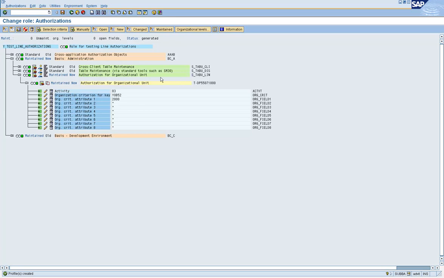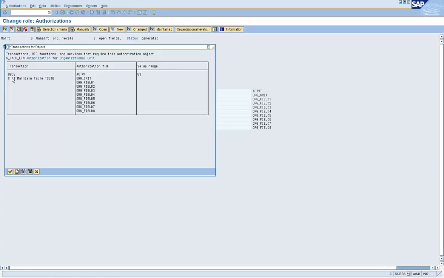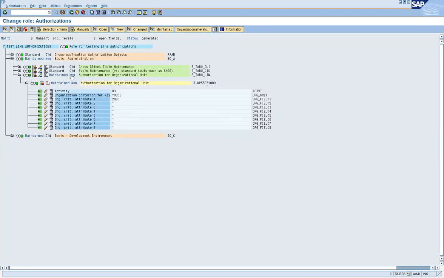So instead of manually inserting this object into the role, we linked this object S_TABU_LIN to OB52 in SU24, and when we click on the mountain icon, it tells us this object is linked to which transaction code. But if we had manually inserted it, then the mountain icon would not have displayed that piece of information. But let us see if it does now.